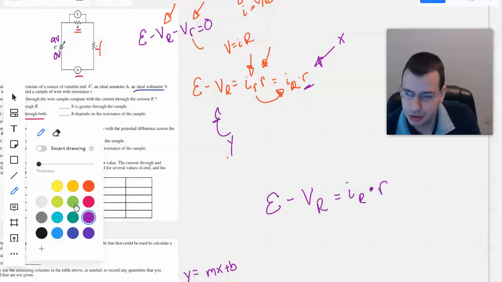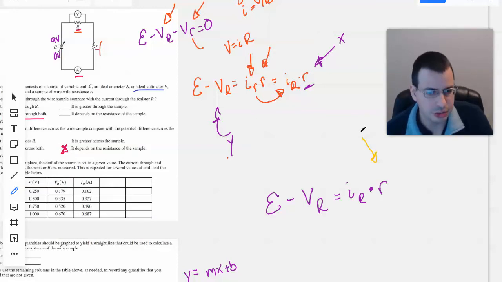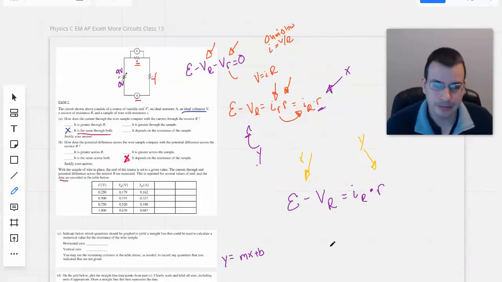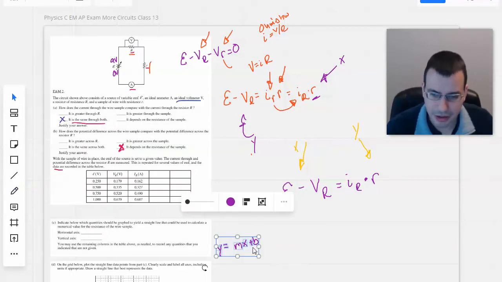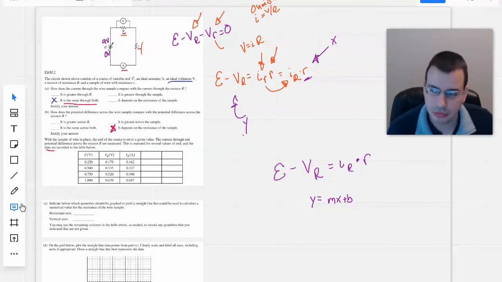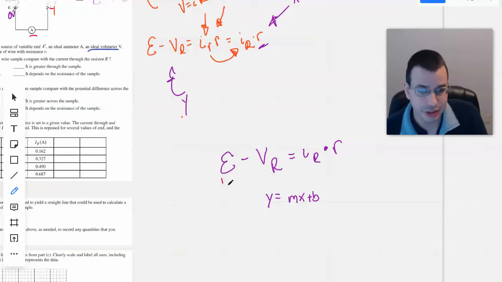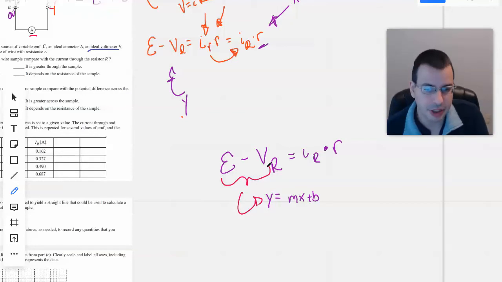Now, to do this the more traditional math way, I think that this should be the Y and this should be the X value, because this is the dependent variable and this is the independent variable. But I'm not going to do that because I want to use this equation, straightened slightly. Aha, it worked well. And it doesn't really matter which axis is which, as long as it's consistent. So what I want to say is epsilon minus VR is y. I want to say that R equals